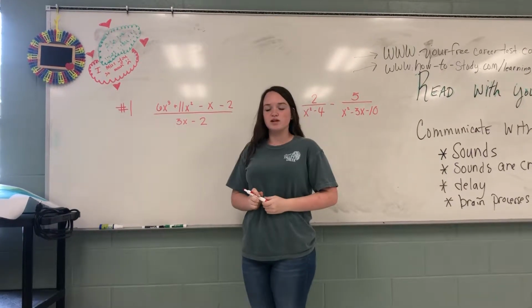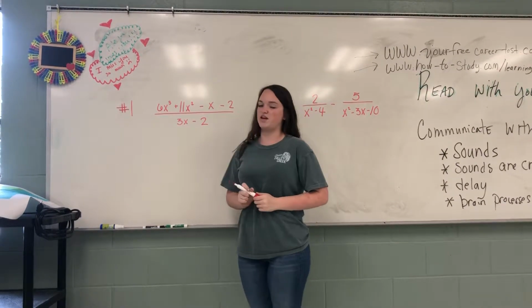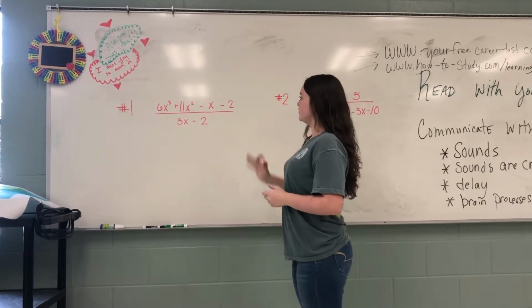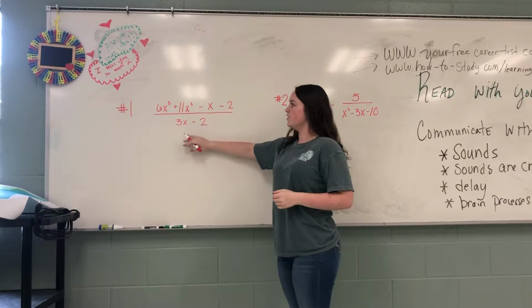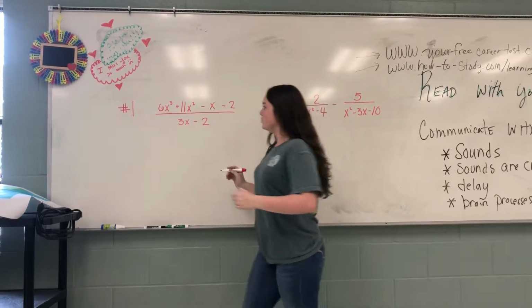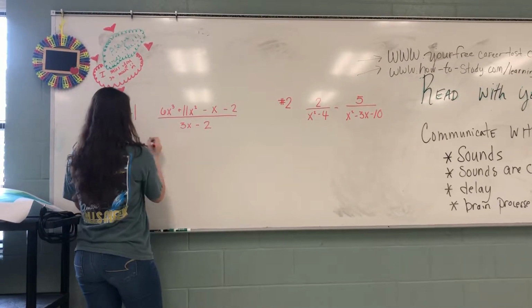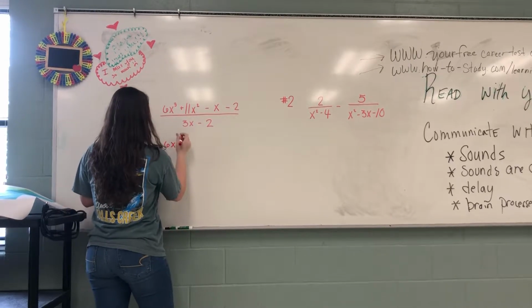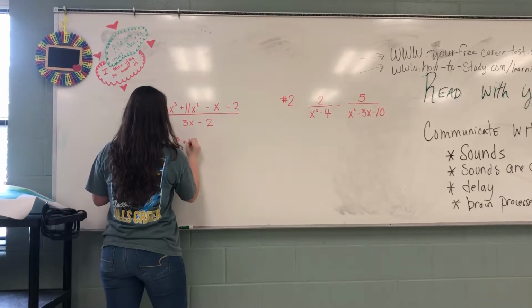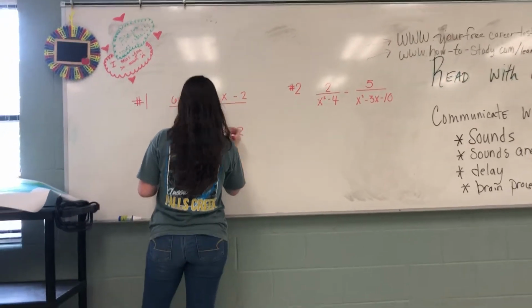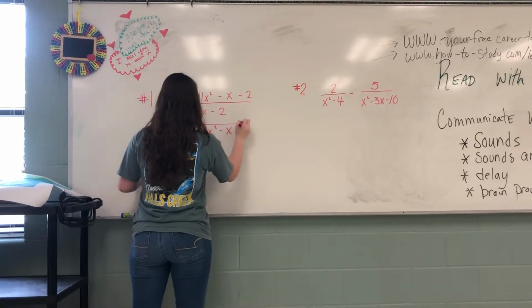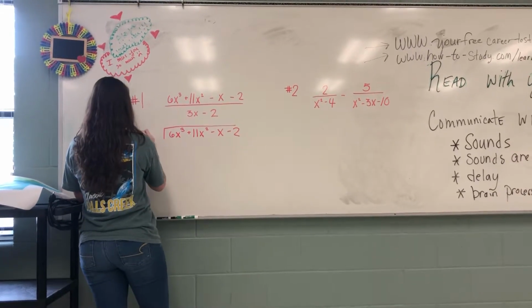This is for my college algebra class, chapter 6 video presentation. This is my first problem. Since this line right here means divide, you're going to divide your polynomial by your binomial. So you're going to do 6x to the third plus 11x squared minus x minus 2 divided by 3x minus